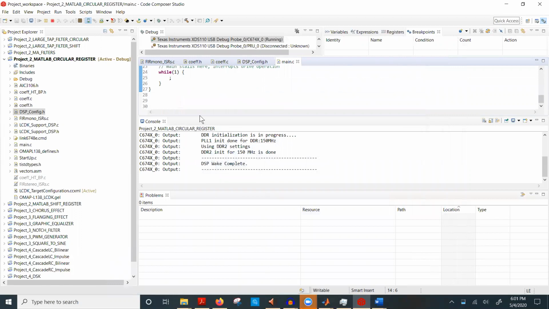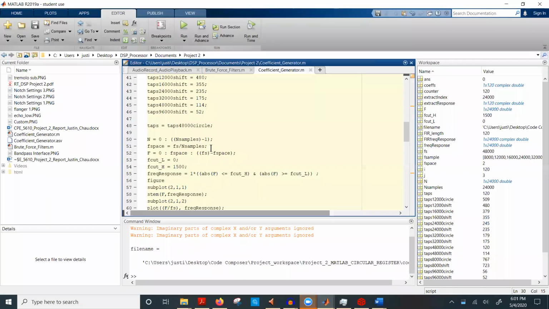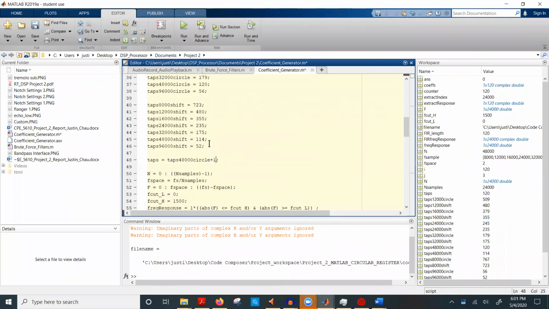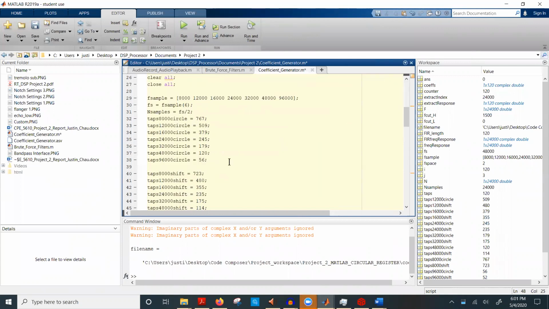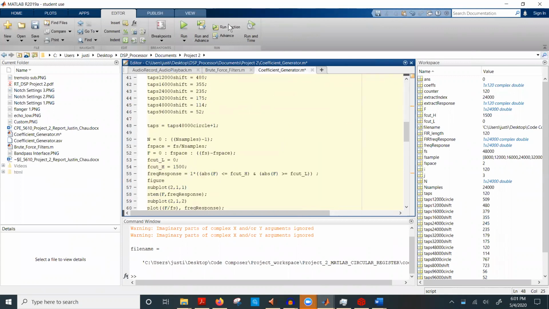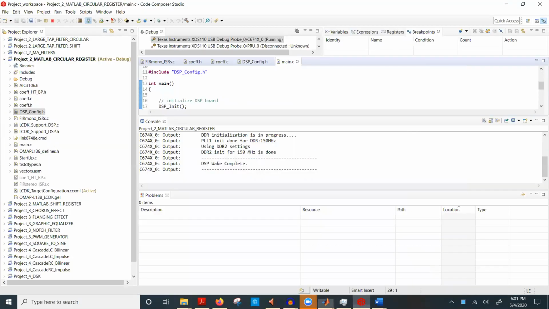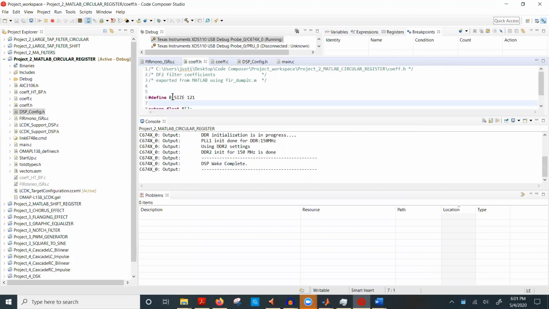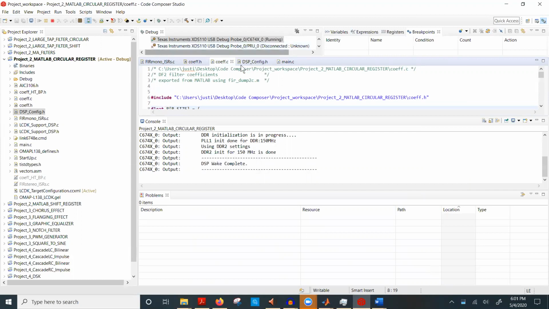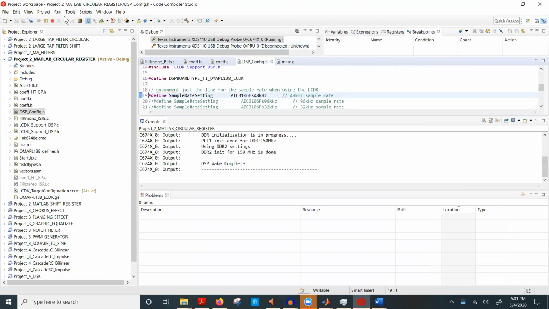Make sure I'm recording still. Okay, so with that now in mind, if we take it one more tap further, so we do that. Now the number of taps has increased by 1. So now we're running 121 taps. Go back into Code Composer and look at the coefficient header file, 121 taps. So then, am I at 48 kilohertz sampling frequency? So if I run this,